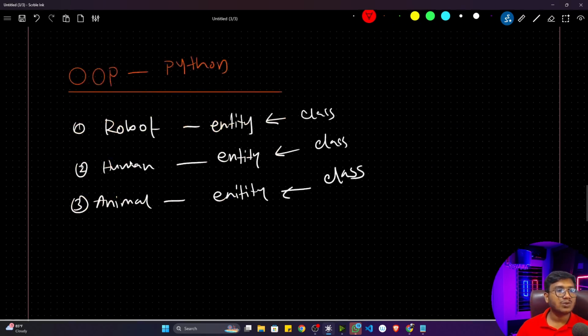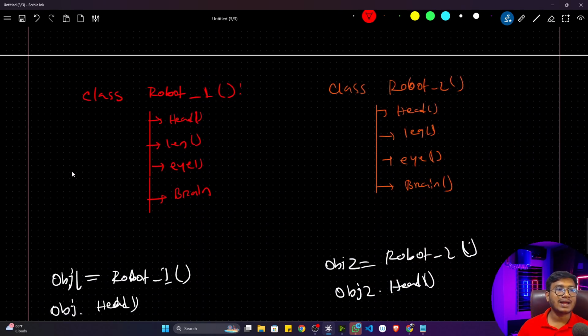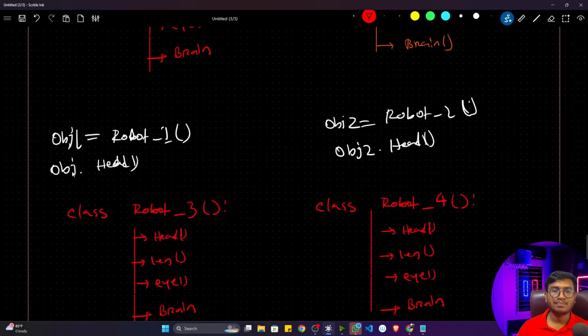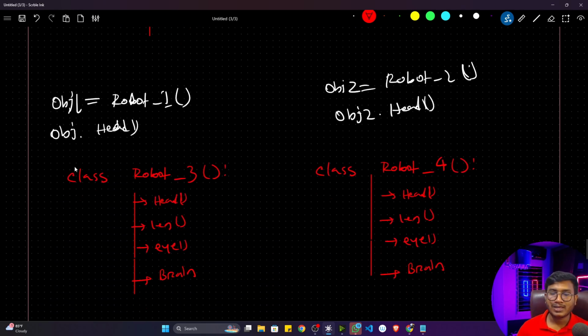So that's why OOP helps us write our code in a very efficient way, and it's a very powerful concept inside Python. Whatever functional programming you have learned so far, it's completely fine. If you have an easy problem statement, you can solve it with the help of functional programming. But whenever you are working on a real-world application, a very big application, you also need to think about the future of that application. Let's say in future I want to add some more functionality.